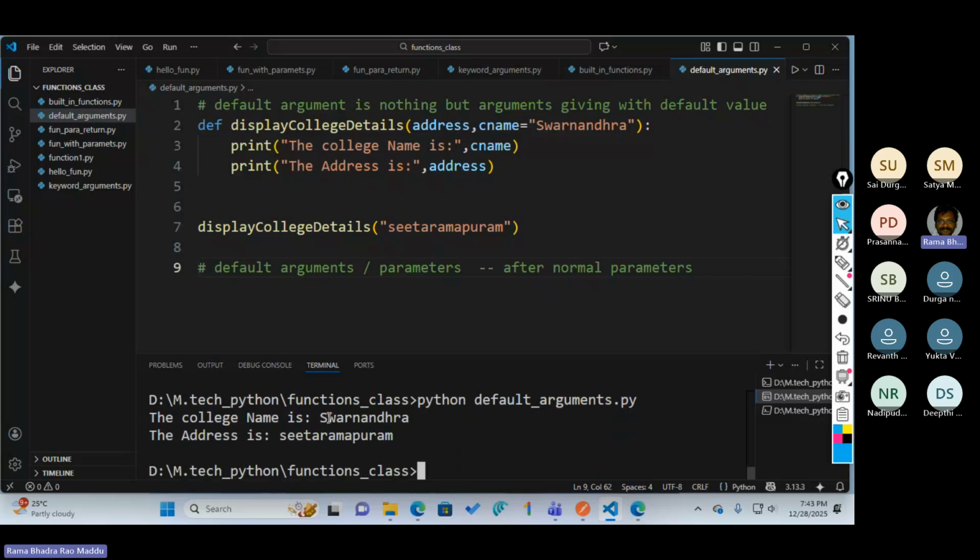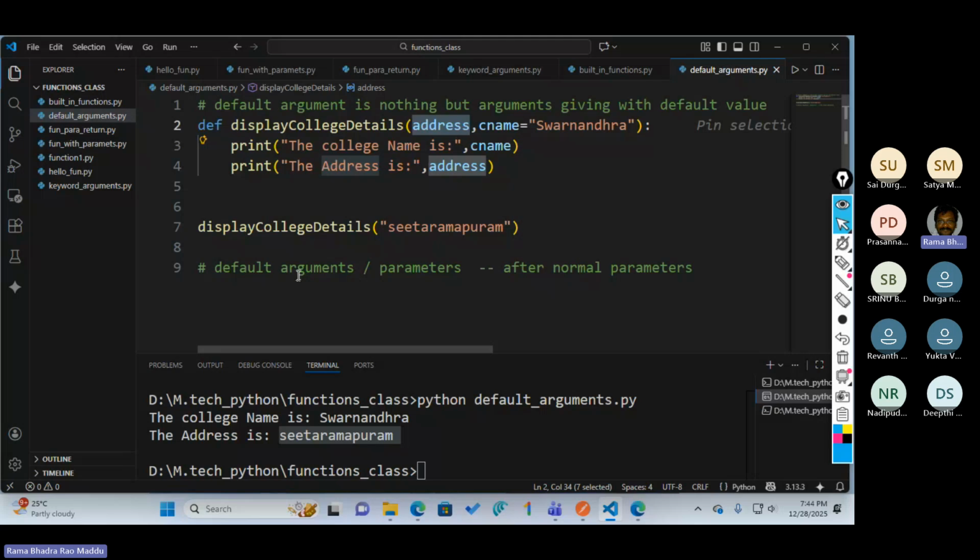So now it is printed college name is Swarnandhra and Sitaramparam is the address. That's why default arguments come after the regular arguments. This is an important note in the default arguments.